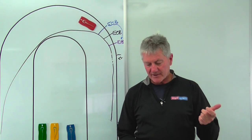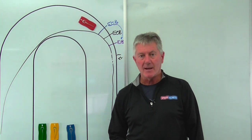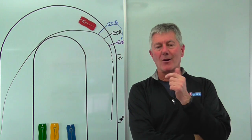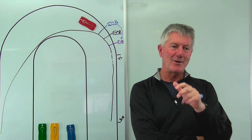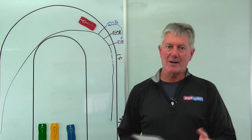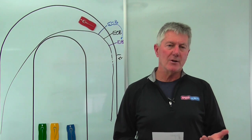So, first of all, standing starts are pretty rare in North America. There are some series that have them, and probably the biggest thing there is practice a standing start before you ever come up to a standing start. During practice sessions, you get yourself in a position in pit lane or wherever where you're allowed to take off from a standing start. Because what you need to do is figure out